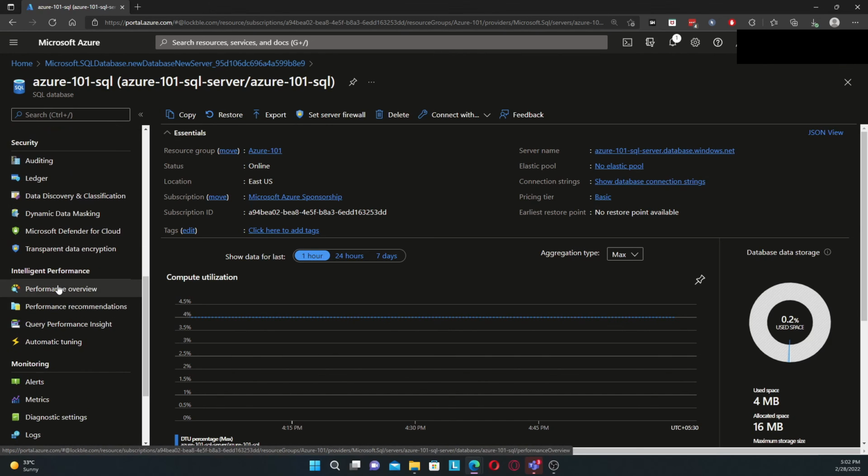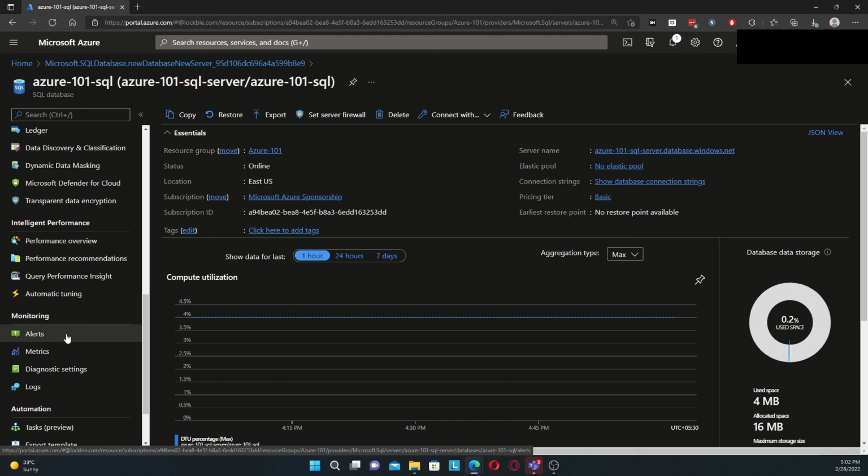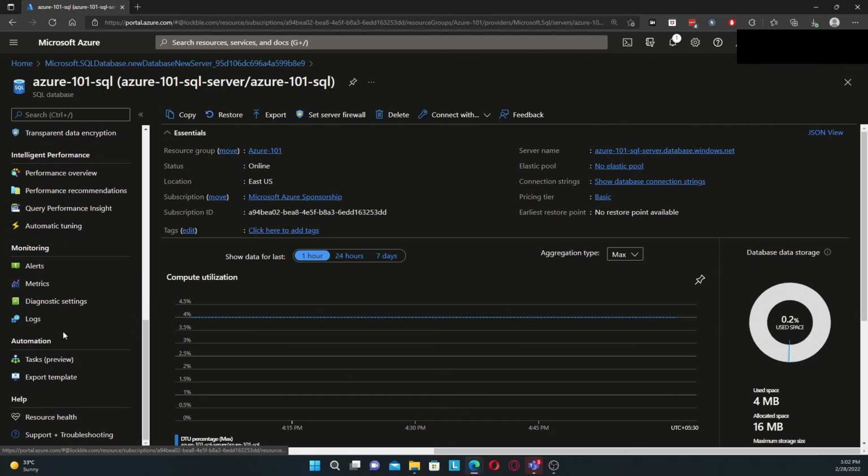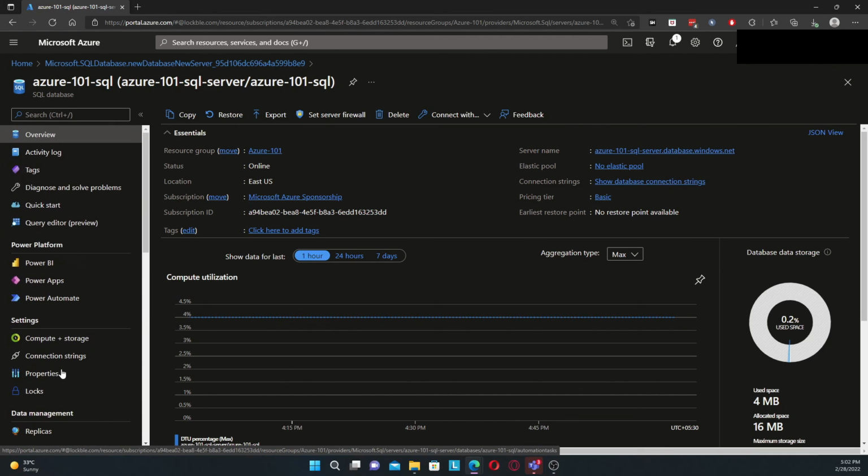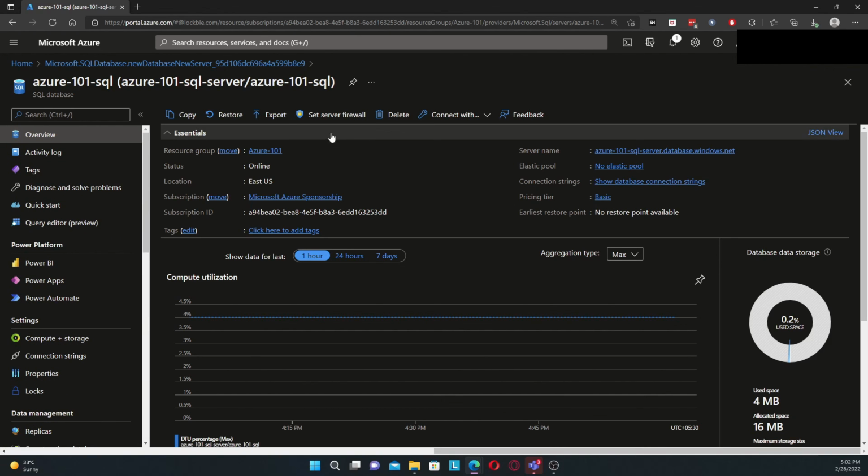Then you have your intelligent performance. You have your monitoring as normal, where you can monitor your logs or metrics and any alerts provided, and your automation. And finally you can monitor your resource health, and if you have any issues, you can head to support and troubleshooting. Now, for example, if you would like to set your server firewall, you can head over here